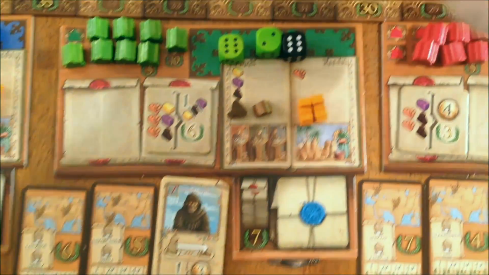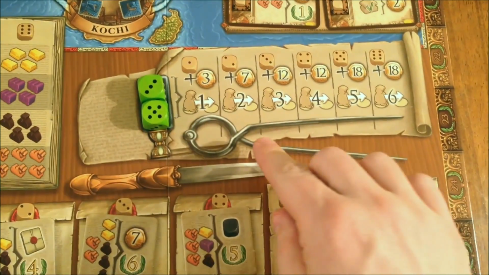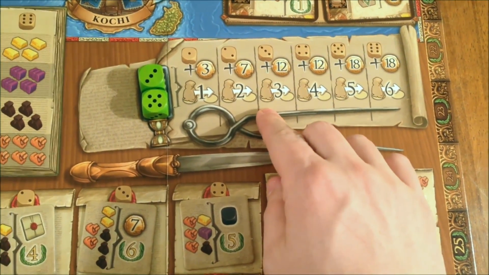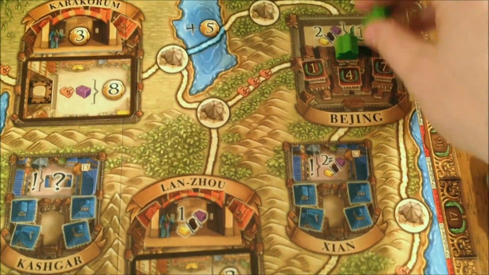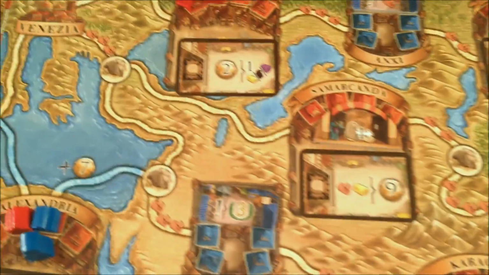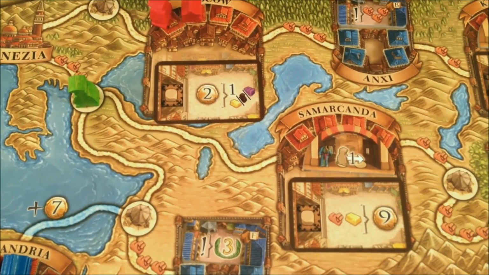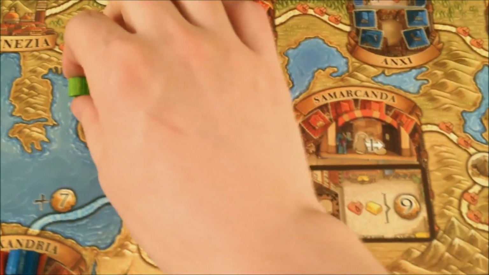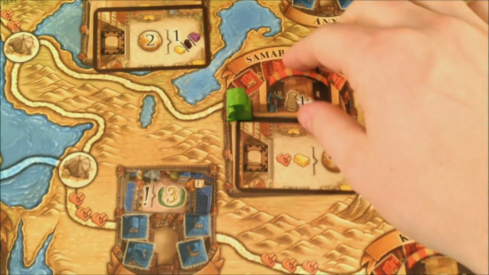Green's going to take this 5 and a 3 and use it over here to move 3 spaces. This is going to cost them 12 coins. So they're currently in Beijing. They're going to use their special power to move to this oasis, and then from this oasis they're going to teleport all the way pretty much back close to Venezia to this oasis for their second movement of the 3, and then for their third they're going to move to Samarkanda and pick up this bonus, which is an immediate